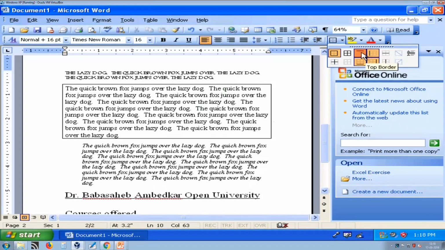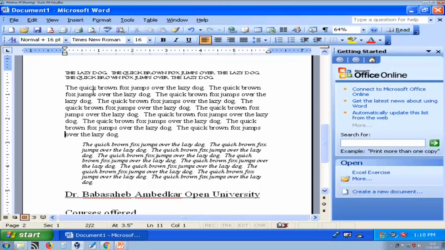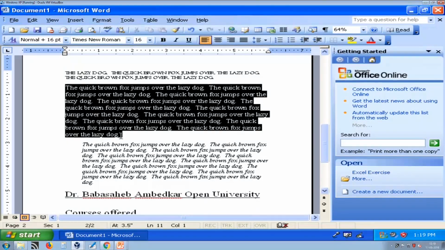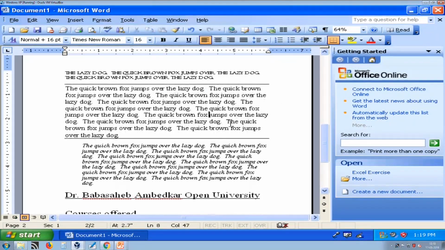Suppose I want only top border, then I can first remove these and I can have only top border. So, just select this and it will apply only top border to that, and suppose I select bottom, then both but side border will not appear. So, this is how you can apply border.